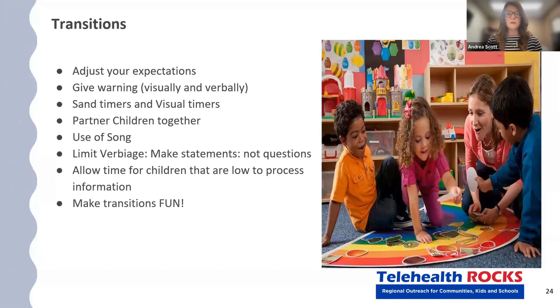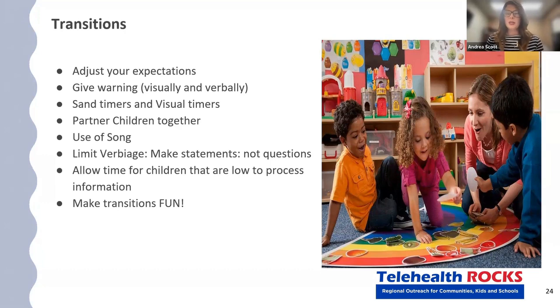Timers and visuals are wonderful because they're a visual reminder of what the child needs to do next. Play partners: children learn best with each other, not with adults. Adults are wonderful, but children learn from each other, so if we can pair them up with another child. Use song. There are songs that will help regulate the central nervous system, and they're on YouTube, at 60 beats per minute. 60 beats per minute is naturally regulating to the central nervous system because that's what a child heard in utero. So if you just type in 60 beats per minute, we can also provide you with some different resources later, depending on what we have in the rest of the time.